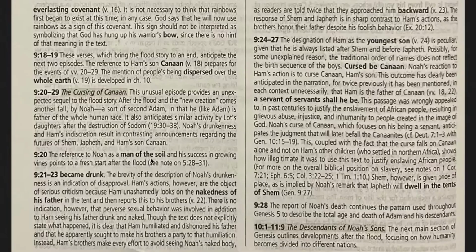However, as Adam was cursed after eating of the fruit, right? Noah now consumes the fruit of his labor, right? But overconsumes, right? So he is not necessarily disobeying a direct command of God. At least we don't see anywhere in the text where there's a command against drunkenness. However, there is overconsumption, right?